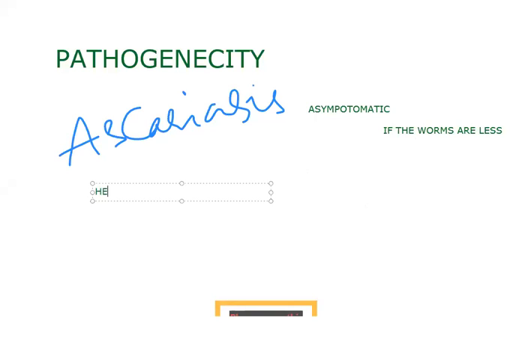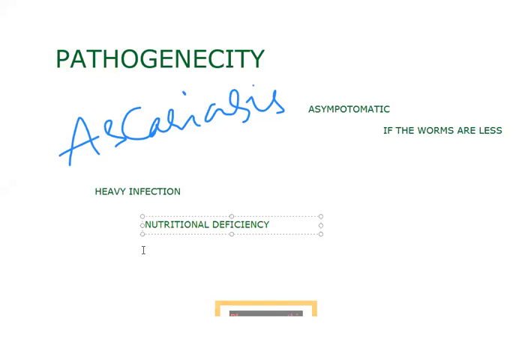But in heavy infection, that means more Ascaris worms in the small intestine, it can cause nutritional deficiency because the parasite is living in the small intestine. It is eating what we eat. That's why the nutritional deficiency will come,